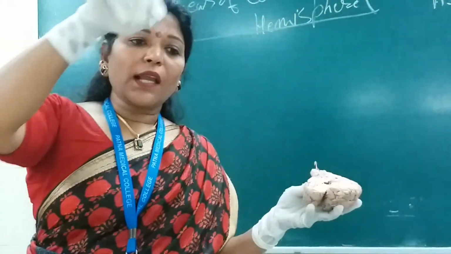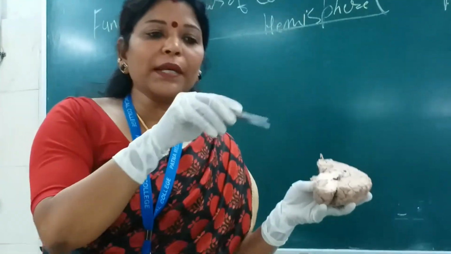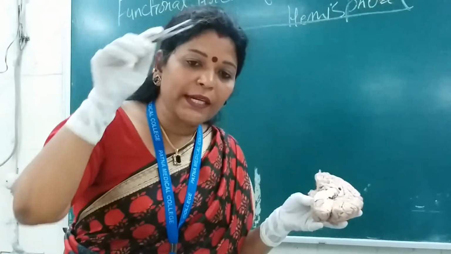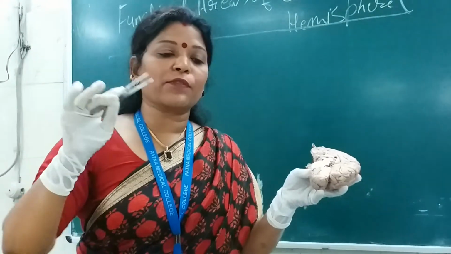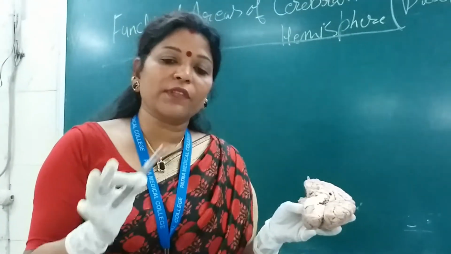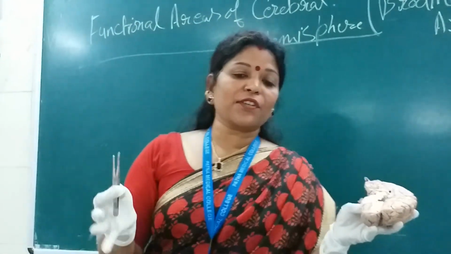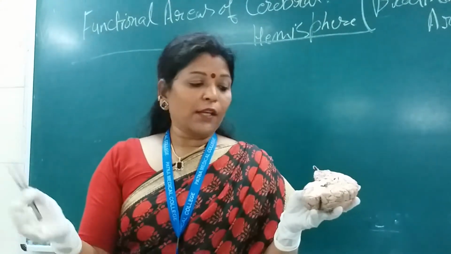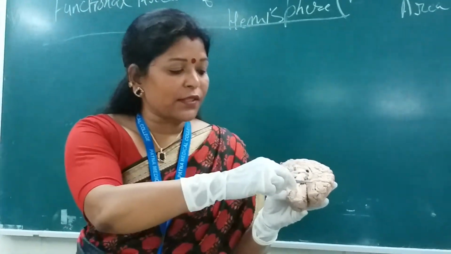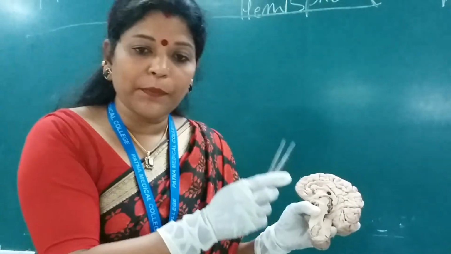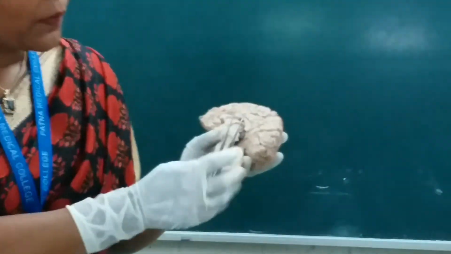So there is an area, a limbic lobe. A limbic lobe is a ring-shaped area around the upper end of the brainstem, with the cortical as well as the subcortical areas, which participate in the formation of the limbic system. The limbic system is responsible for the personality of a person. So it is this cingulate gyrus here. You will remember this cingulate gyrus when you read the limbic system.